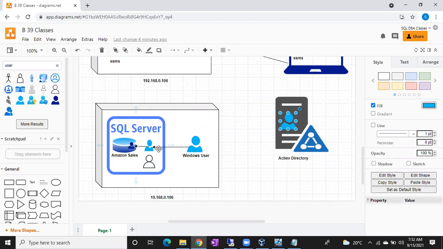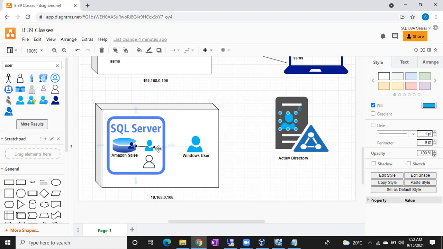Sir, in Windows you have two user accounts, both are administrative accounts. So in SQL Server, do we have both accounts as logins? See, it's not compulsory that both accounts are in SQL Server. One minute, okay? It's not compulsory that all Windows users will have access to SQL Server.